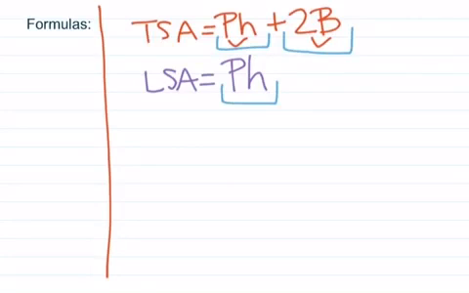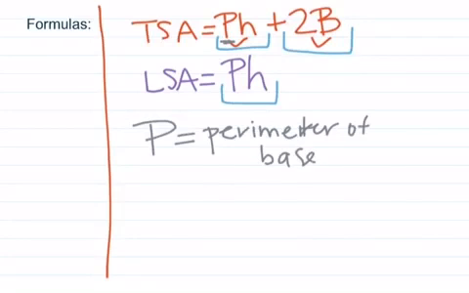But if we have our formulas, we know what surface area is, but we don't know what these variables stand for. Is this going to help us at all? Okay, and the answer is no. That's why you've got to understand the formulas and how to use them. So we're going to spend some time looking at this. I'm just going to start here with the total surface area and look at what capital P stands for. Capital P is the perimeter